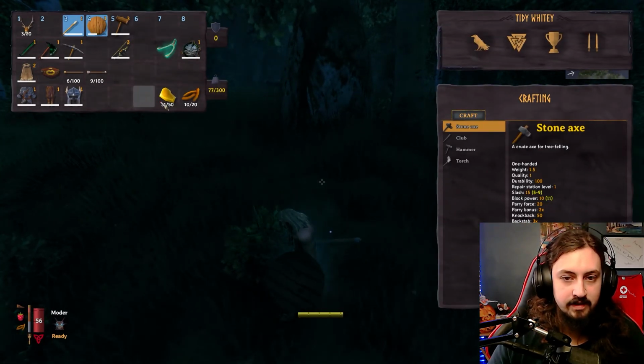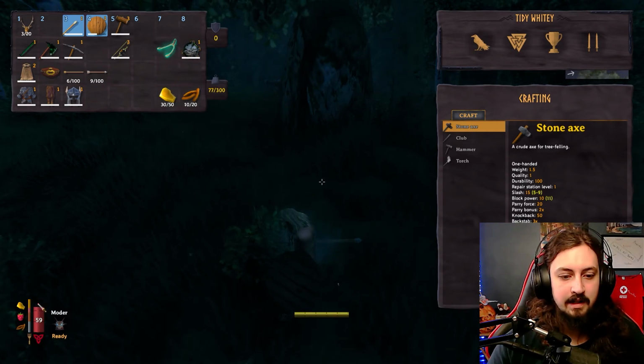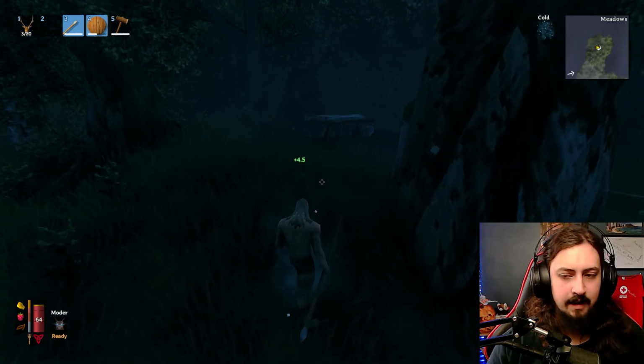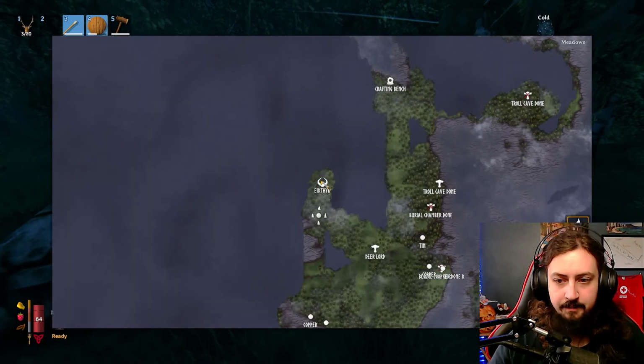As you can see, I have some of my better equipment. You'd probably have some honey and a raspberry or something like that hanging around. You might have some meat. Oh, I'm dying. But the first thing that you're gonna want to do is when you first spawn in,